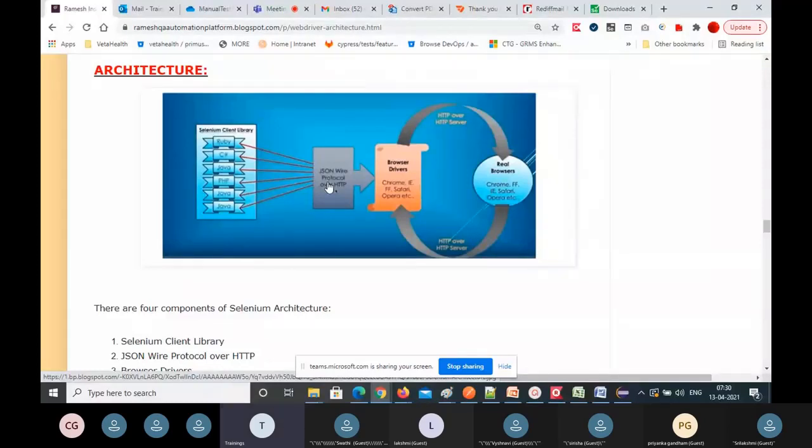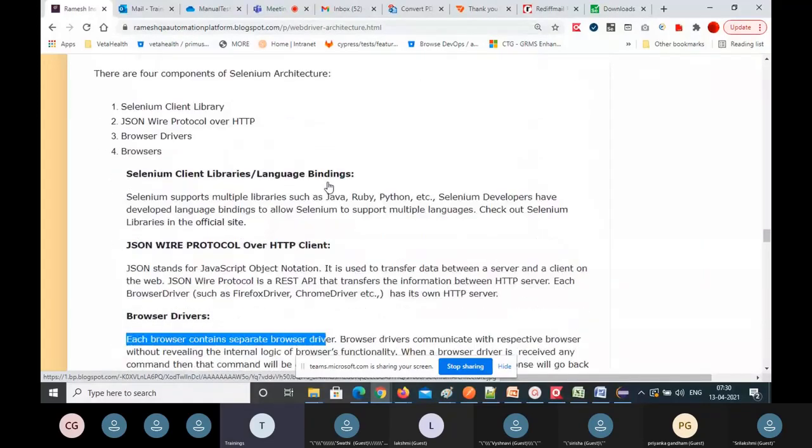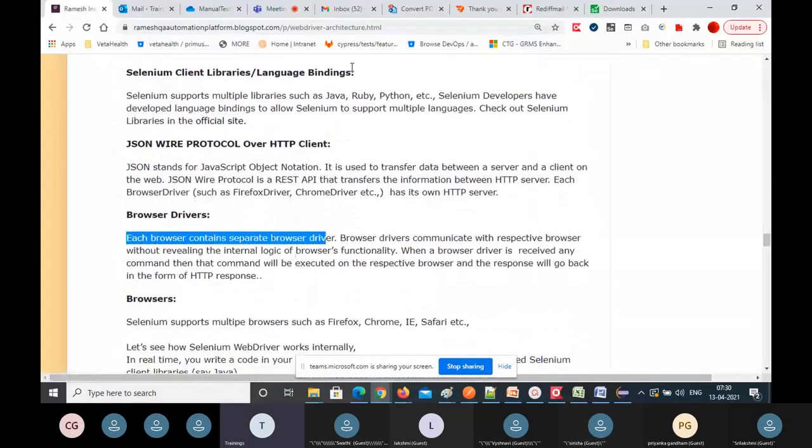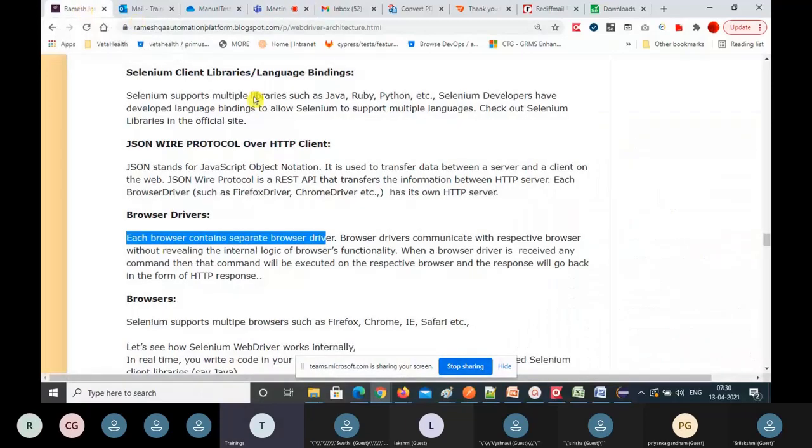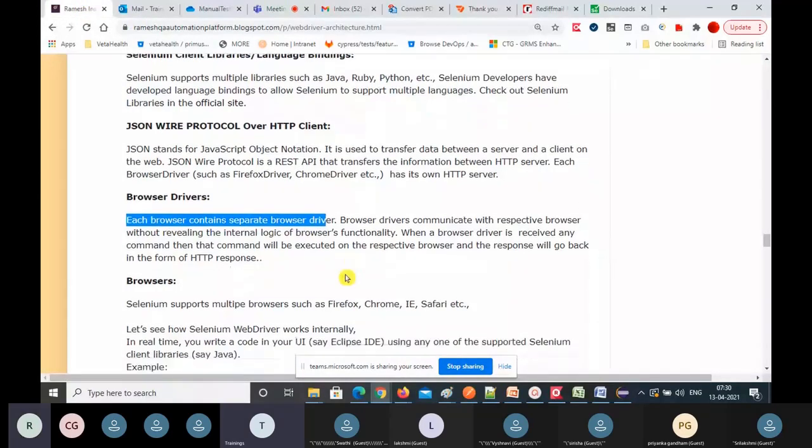So these are all the browsers. For each browser, one driver class is there. The browser name plus the keyword Driver is the class name. If somebody asks the class name, you need to say ChromeDriver for the Chrome browser, SafariDriver for the Safari browser. So like this, you can use all these different browser classes. Okay, so those are the browser drivers.